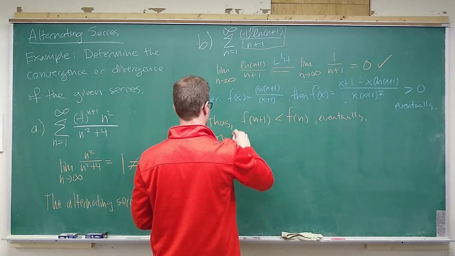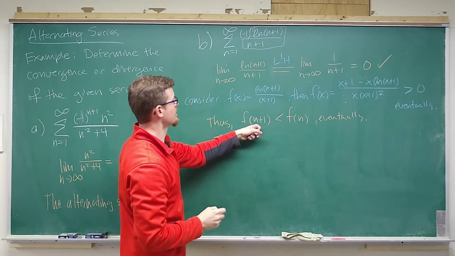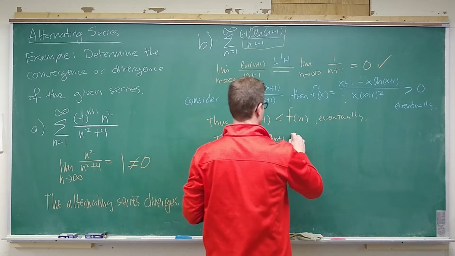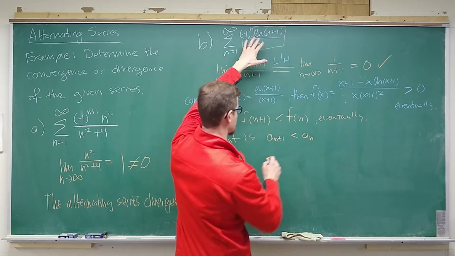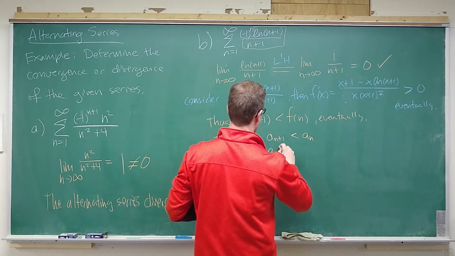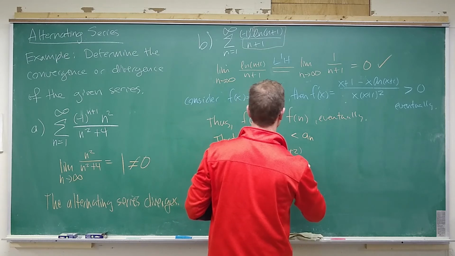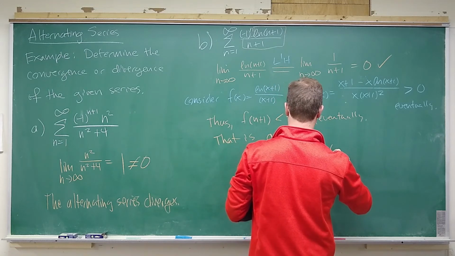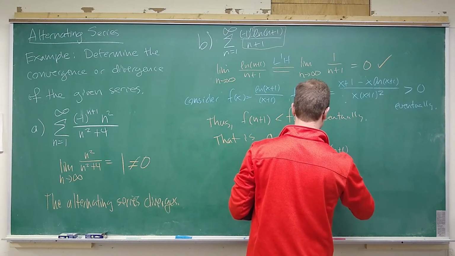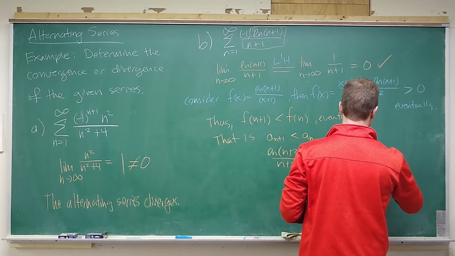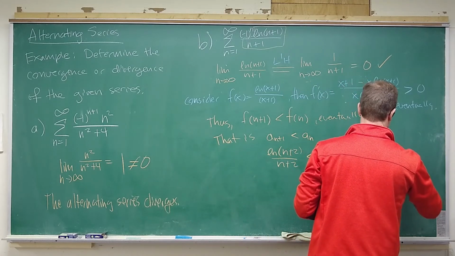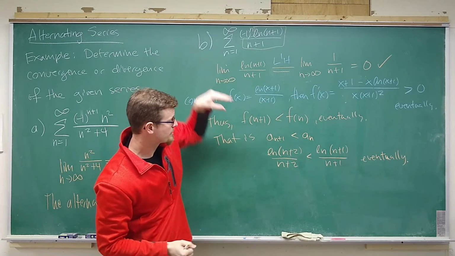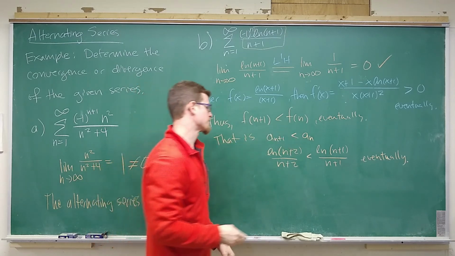But this gives us exactly that a sub n plus 1 is less than a sub n, or more explicitly in the context of our problem, natural log of n plus 2 divided by n plus 2 is less than the natural log of n plus 1 divided by n plus 1 eventually. So this allows us to conclude that we satisfy the second condition for the convergence of an alternating series,